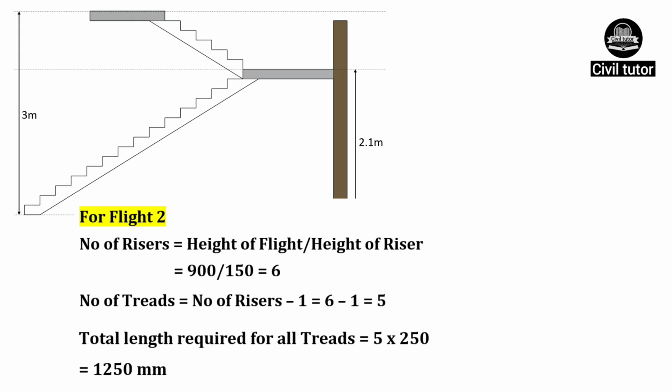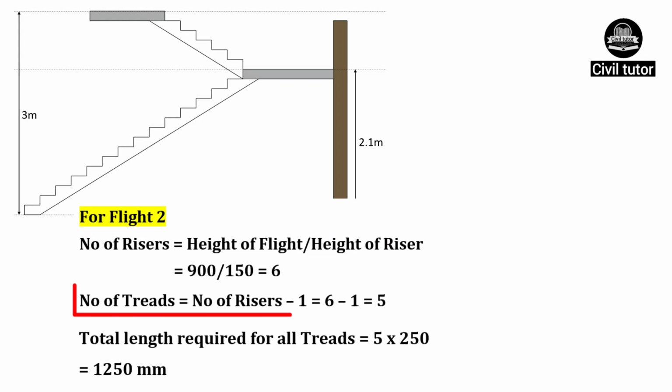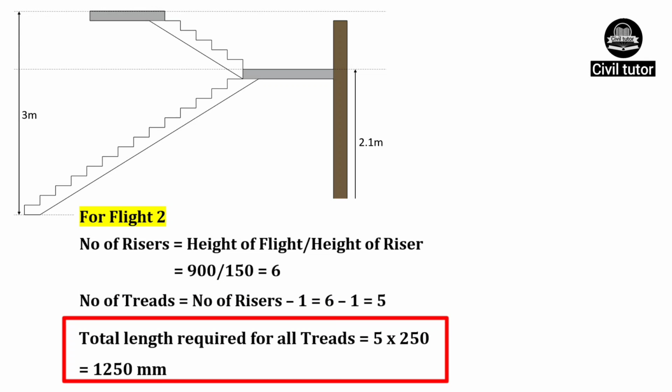For flight 2, the number of risers will be equal to height of flight 2 upon height of riser. Height of flight 2 is 900 mm and height of riser is 150 mm. On substituting these values, the number of risers for flight 2 will be equal to 6. Number of treads for flight 2 will be equal to number of risers minus 1, that is 6 minus 1, which will be equal to 5. Total length required for all treads will be equal to number of treads into size of tread, that is 5